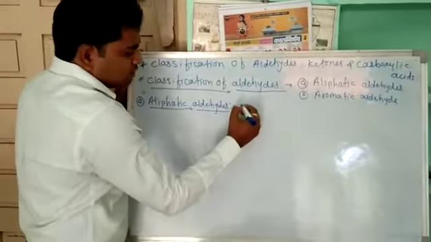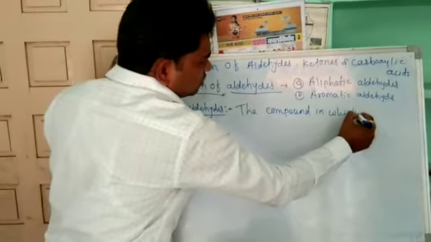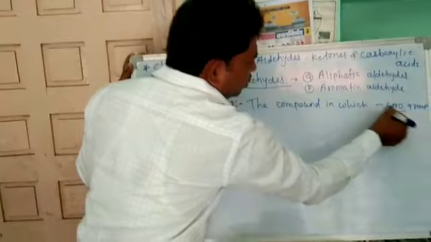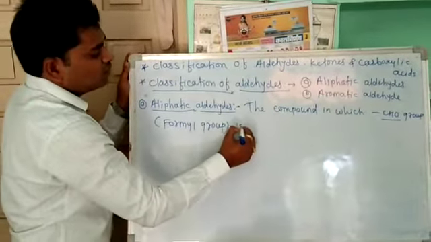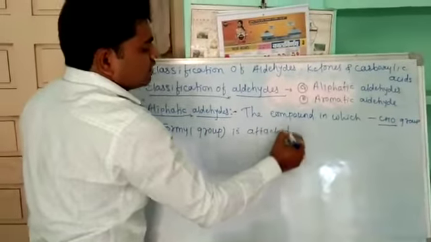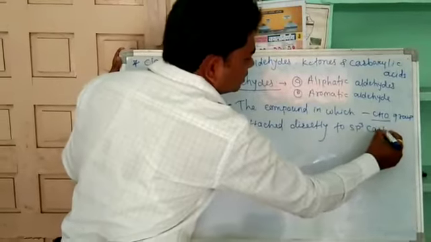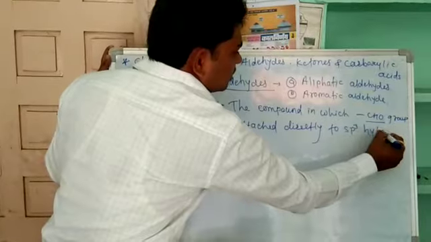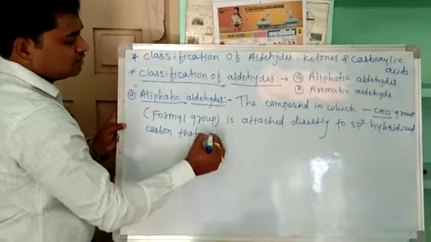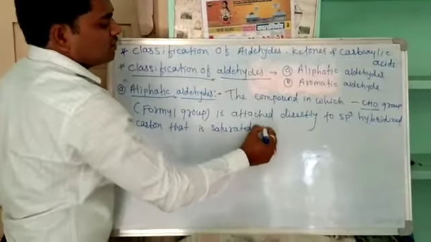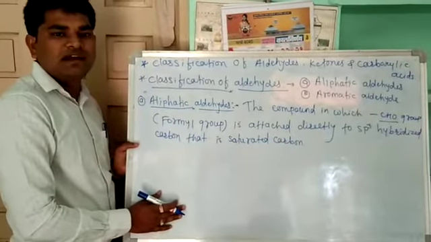Definition of aliphatic aldehydes: the compound in which the CHO group, which we know is called the formyl group, is attached directly to an sp3 hybridized carbon, that is, a saturated carbon,